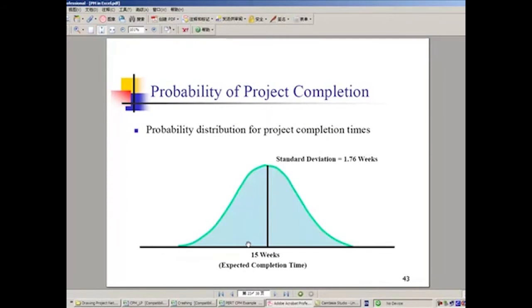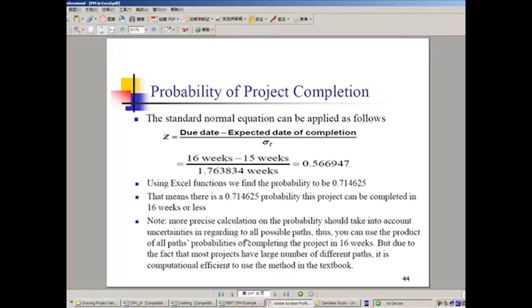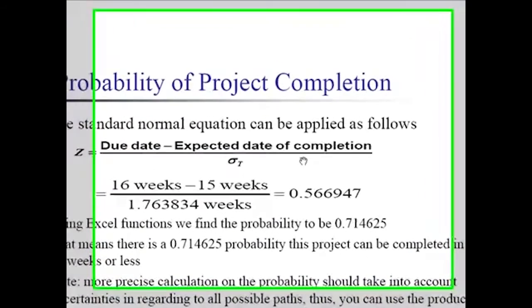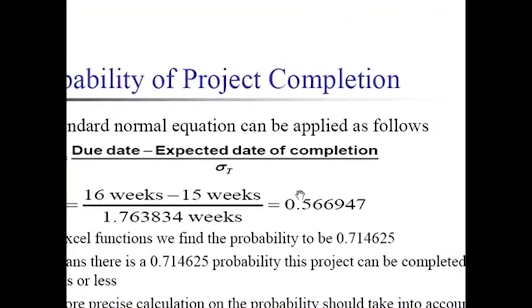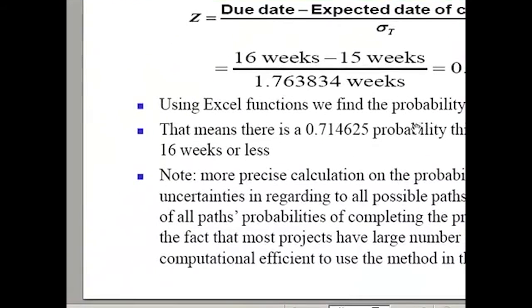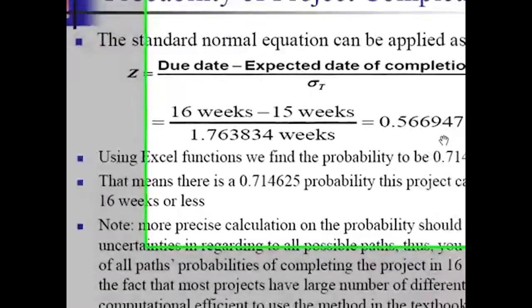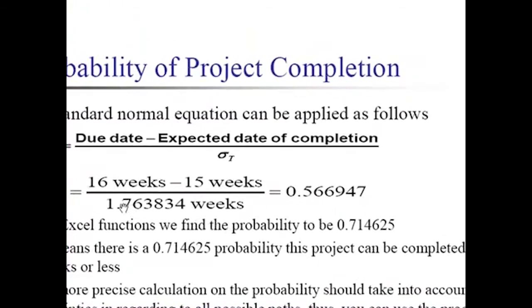So here we are using a normal distribution to calculate the probability that the project can be finished within a specific time. And right now I think it's easier for you to read through these steps and follow that. And in Excel, you simply plug in the Excel functions, like here for the z-value. For our case here,